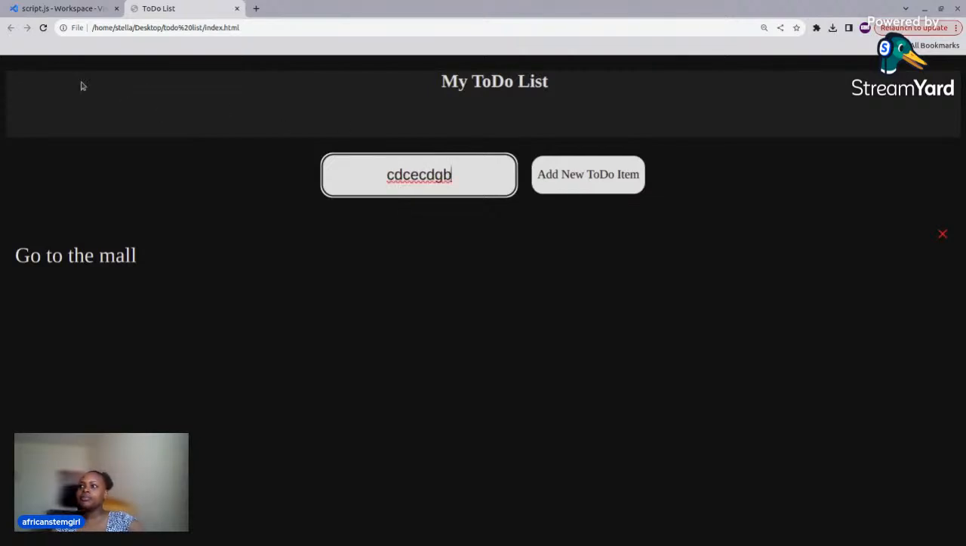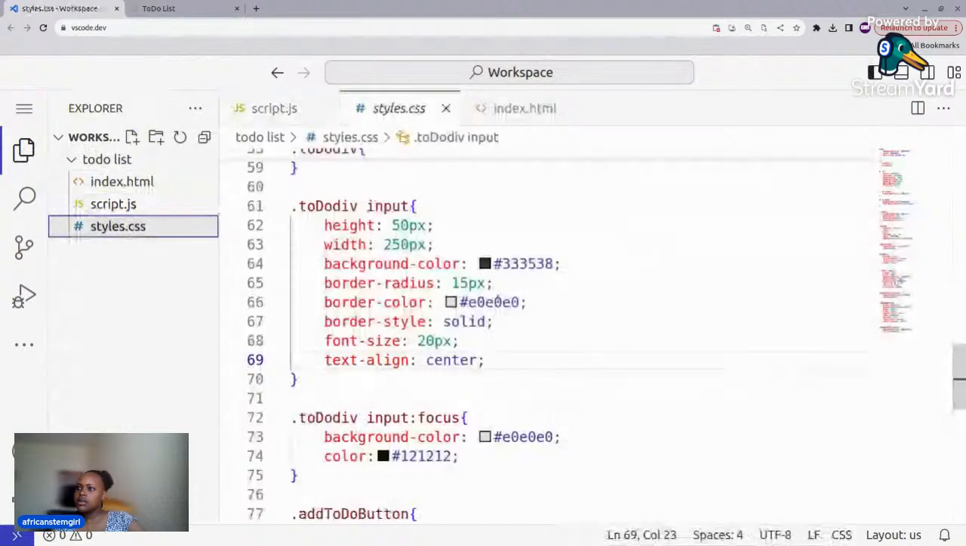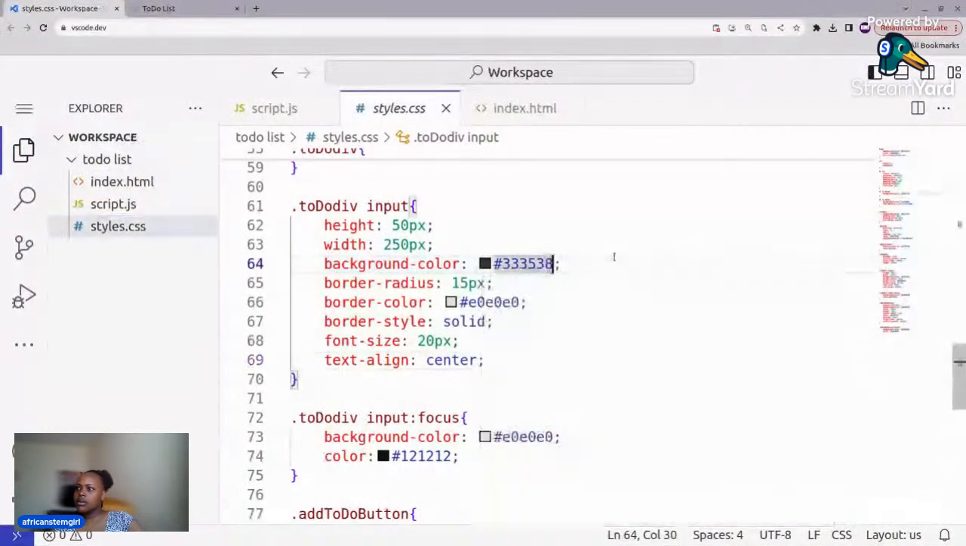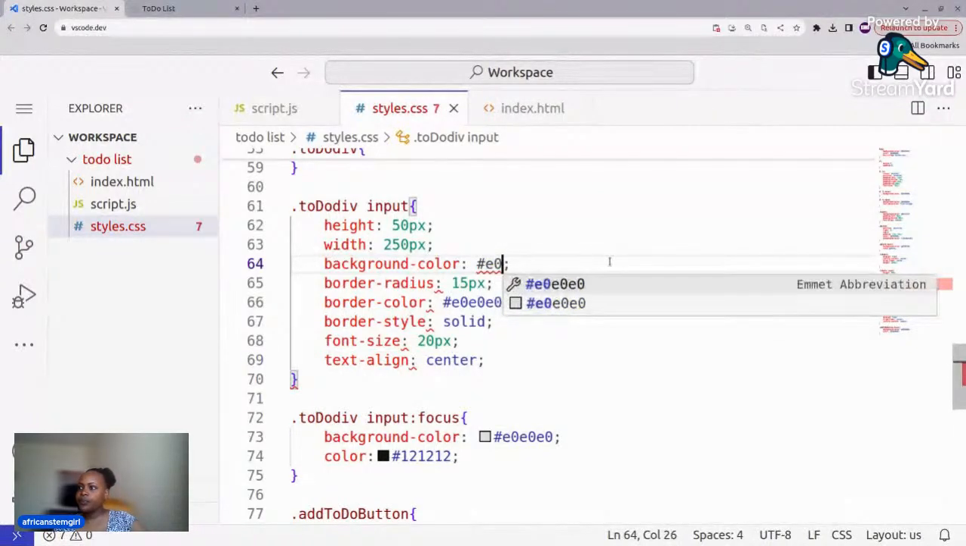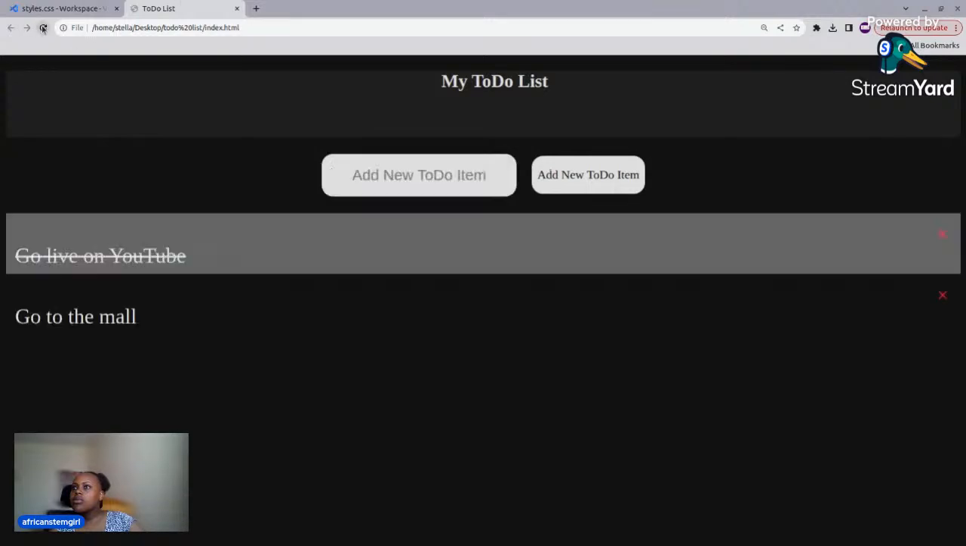So actually I think I'll remove this black background. I just maintain the white background. It's looking a little bit better. Yeah, that looks a little bit better than having, yeah. Okay, so